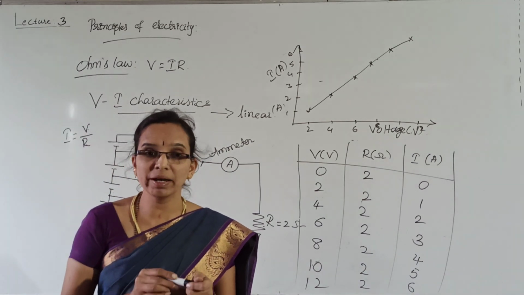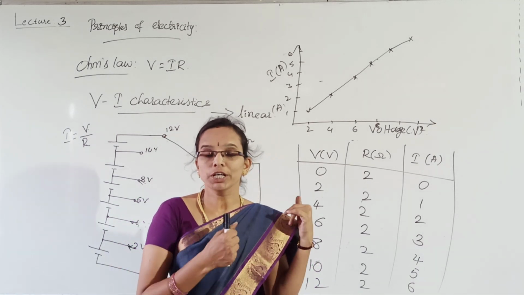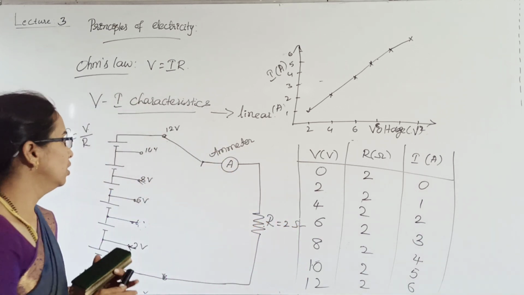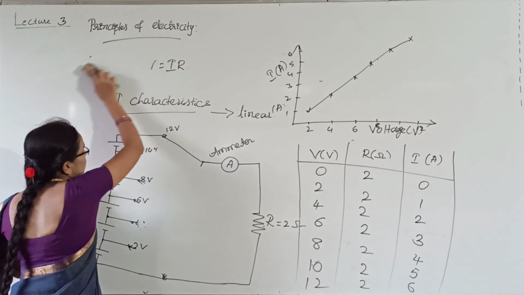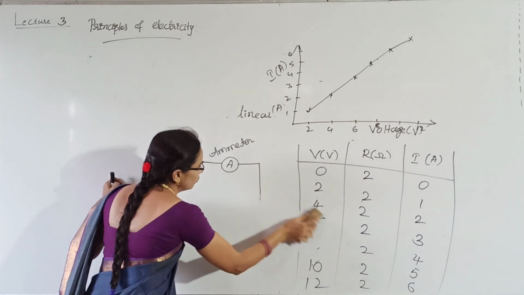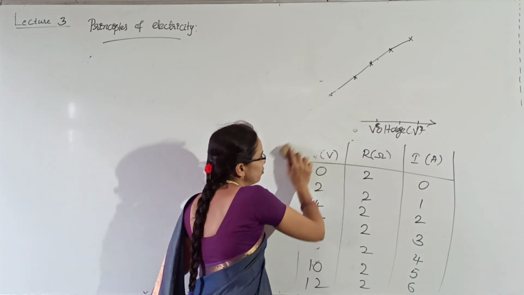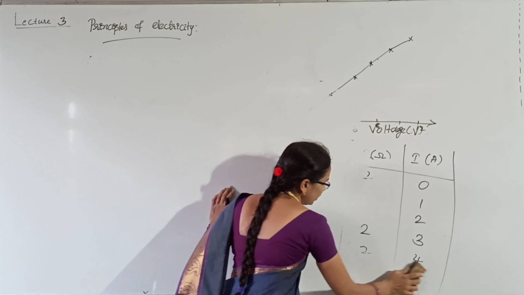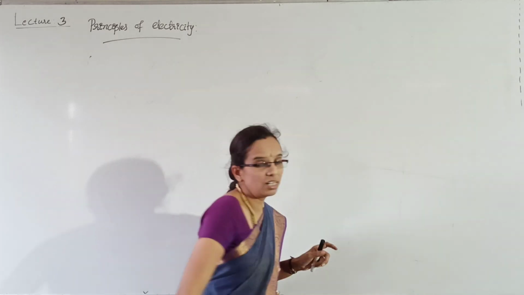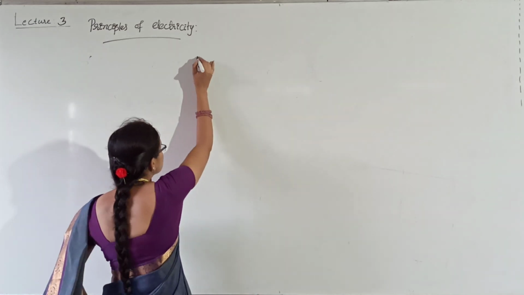When you perform this experiment again in the laboratory, it will be easy for you if you know the Ohm's law concept clearly. Okay, next we go to the limitations of Ohm's law. Ohm's law is used in measuring the voltage and current only. It has its own limitations. It is applied only in linear devices.